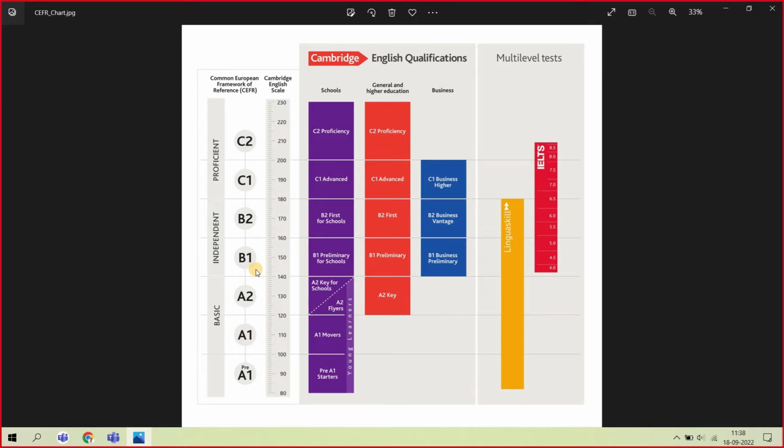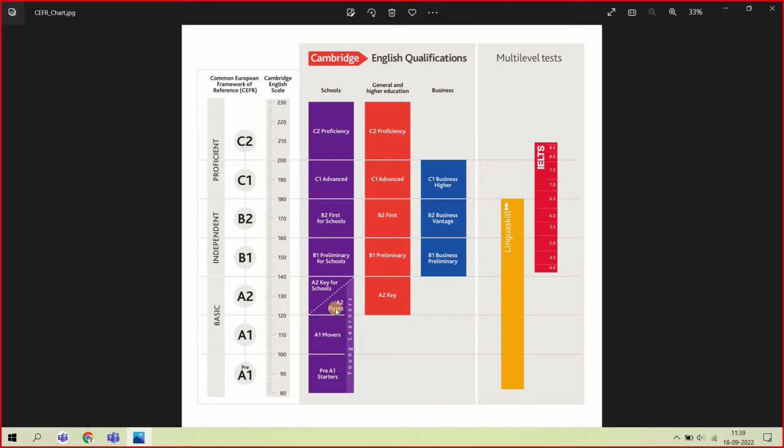Okay, so if you look at the right side, you have schools, and then you have something called higher education. So they have given you the schools. It starts from A1 level. They are starters, and then we have movers, and then slowly flyers. Okay, they divide them into that. Flyers means they are ready to go to the next level. They are confident enough to speak in any given situation. Now that they are progressing to the next level, that is how they categorize them in national schools.